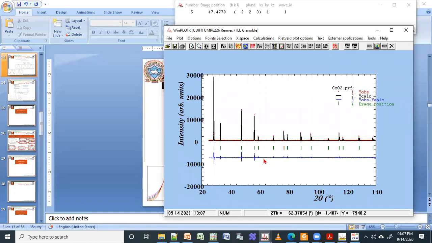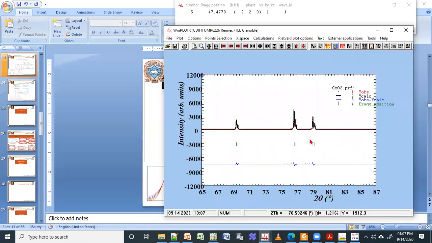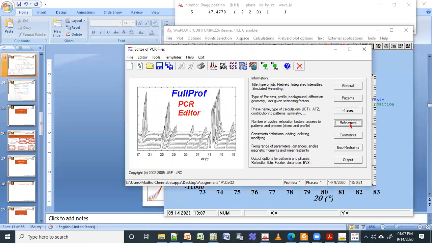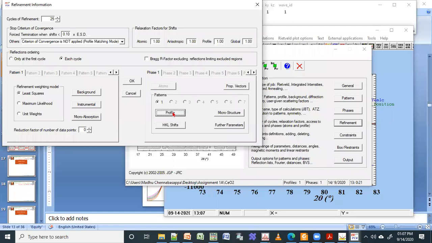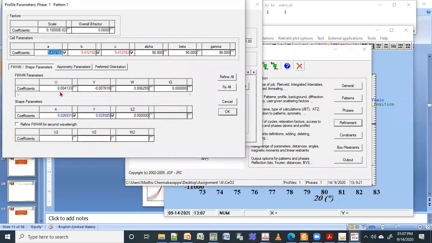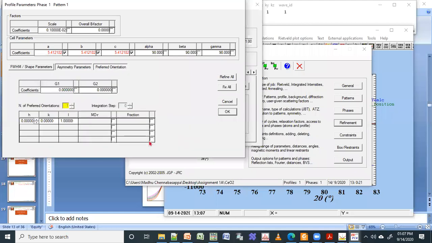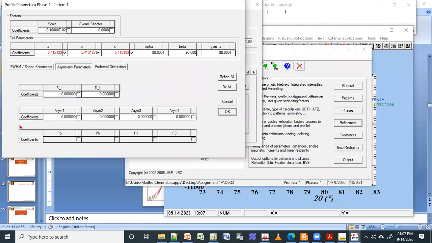Right now, just for demo purposes, I'm stopping here. But if I want to improve this, you can go to refinement, go to profile. There are so many things: UVW, there is asymmetry. You can do all these fittings, but you should know why you are doing this.